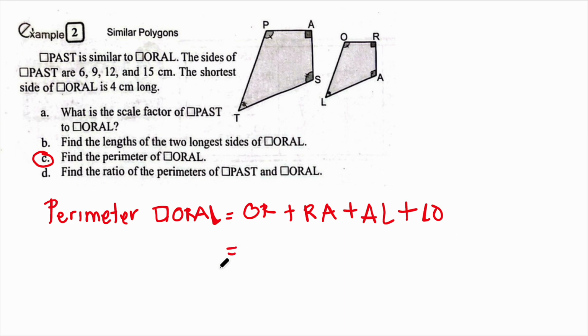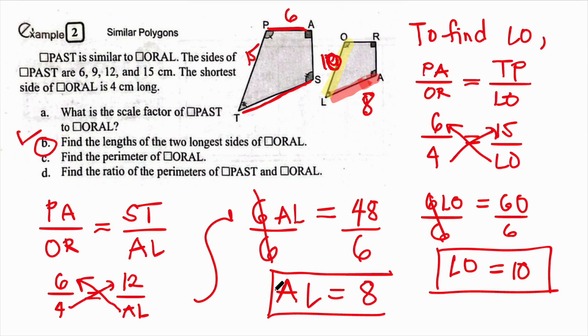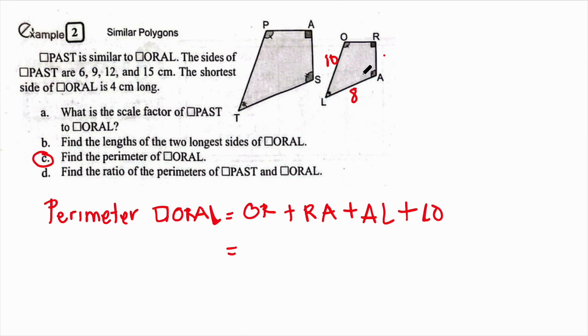So, how do we find it? We need to solve first for RA, no? Kasi meron na to kanina, 'di ba? Ang given na to is this one is 10. And this one, AL is 8. Ito hanapin natin ngayon. Okay? So how do we find it? So to find the RA, we have to use this particular proportion. Okay? Hanapin natin si RA.